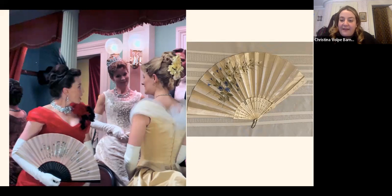This one is actually ivory, hand painted. It looks like the one Mrs. Russell's holding is also hand painted. Ivory was really popular during this time. We have a lot of ivory in the collection. Today, I would never accept anything ivory again in the collection, but at the time, Connecticut, there's a small town